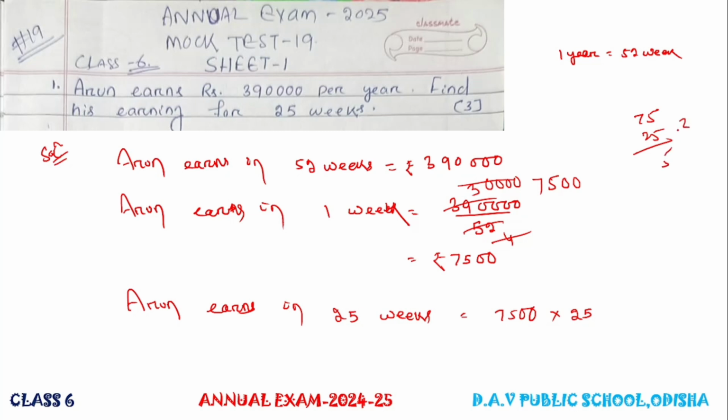So the answer is 1,87,500 rupees. Therefore Arun earns in 25 weeks 1,87,500. Now next,